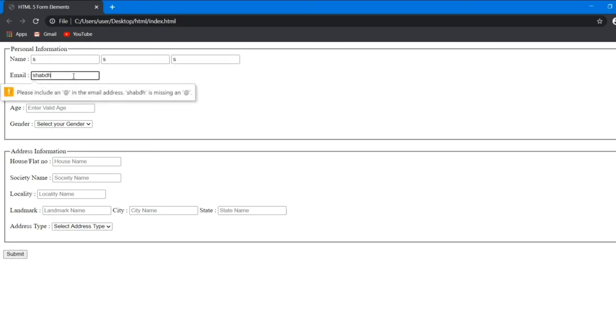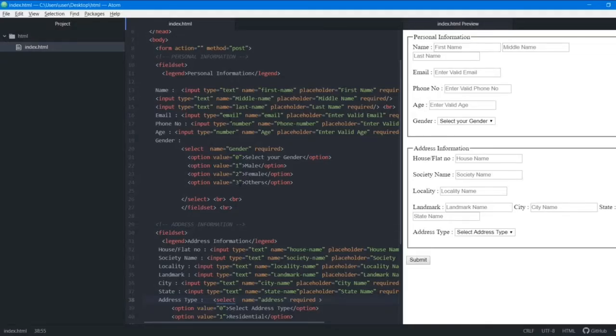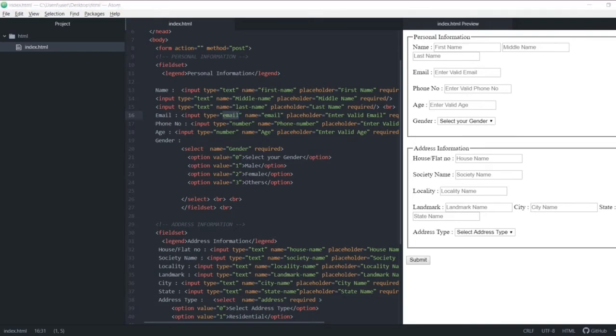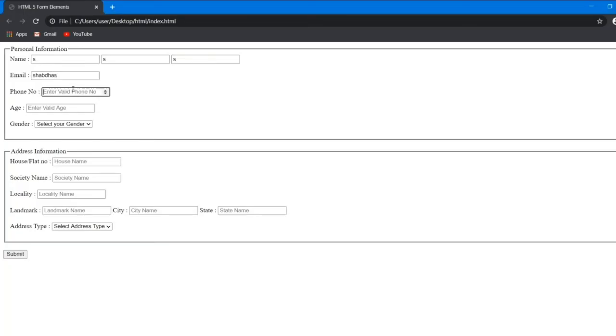Now I'll input an invalid email ID. So you can see that because we use this email type here, the browser shows us an error. When I click on submit, the browser will show an error: Please include an @ in the email address. So we'll add an @ here. Please enter following part after @. Once we have entered email type, until we completely enter a valid email ID, it won't work. So still it won't work because we don't have a .com. Okay, we need a .com.